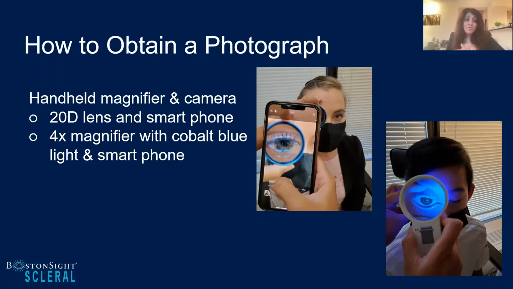Another way that you can use your magnifier or your smartphone freehand is literally just hold it up to the slit lamp through the ocular and use that to grab images that way. It's not easy because you have to have a really steady hand and you've got to be able to position everything and, you know, get everything just right.